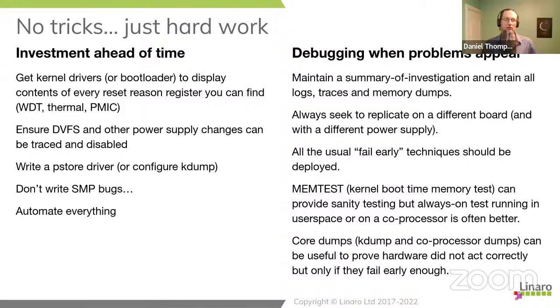They should always be traced. You should have mechanisms with tracer points and understand how to use them to observe them. And they should be disableable. You should be able to lock into particular modes.